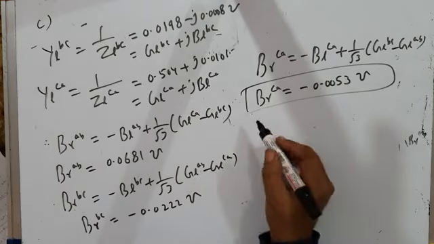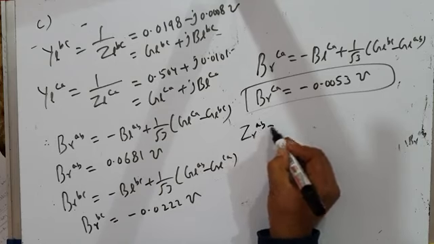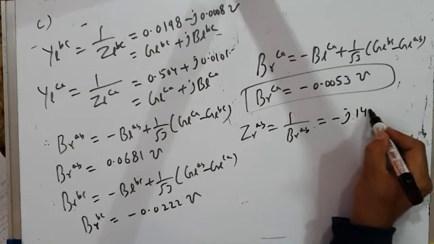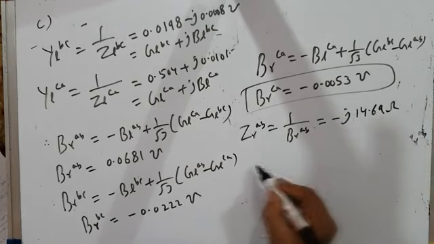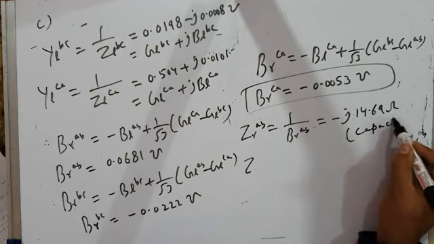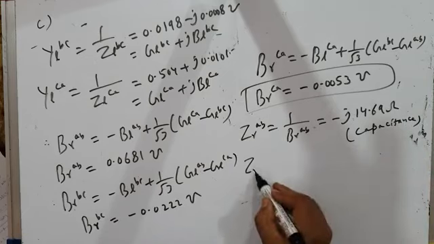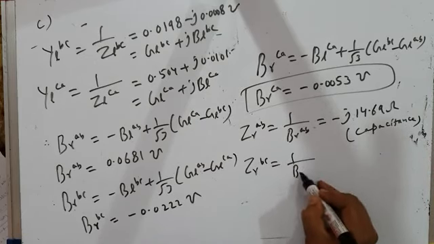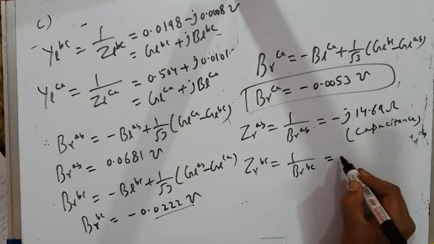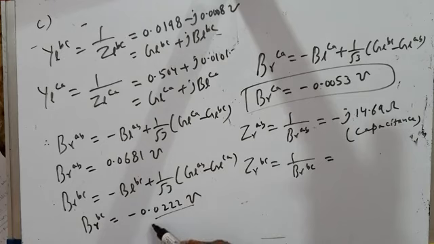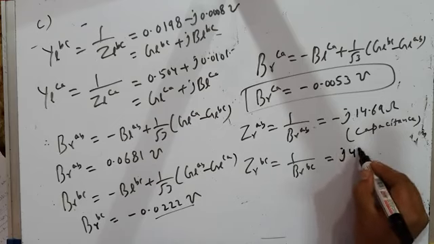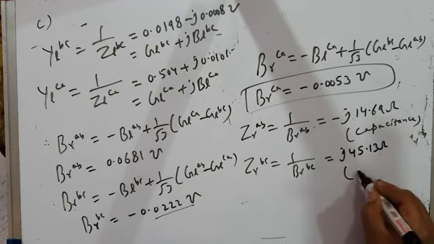अगर इन टर्म्स ऑफ इम्पीडेंसेस आपको लिखना है, सो Z gamma AB will be 1 by B gamma AB, so that will be minus j 14.69 ohms, और माइनस का मतलब है ये कैपेसिटिव है, it's a capacitance. Z gamma BC is 1 by B gamma BC. B gamma BC अभी आपने निकाला, ये 1 by this, ये भी माइनस आएगा. नो, it will be plus, क्योंकि इसमें नीचे माइनस है और j भी है, वो ऊपर जाके पॉजिटिव हो जाएगा. It is j 45.13 ohms and it is inductive branch.